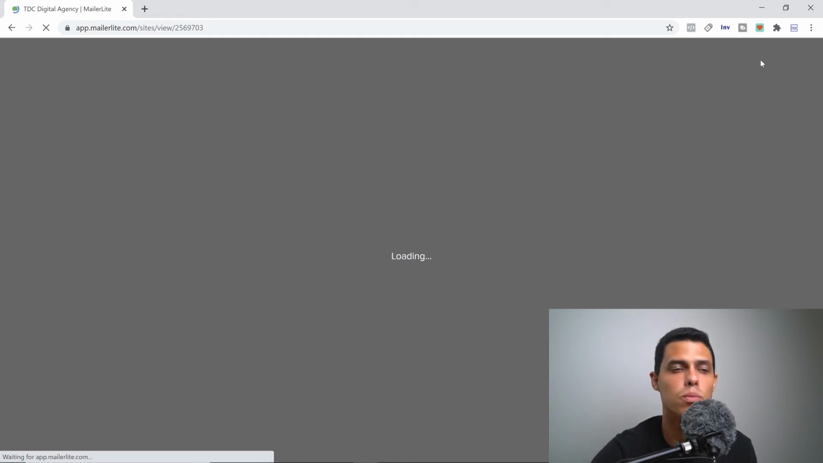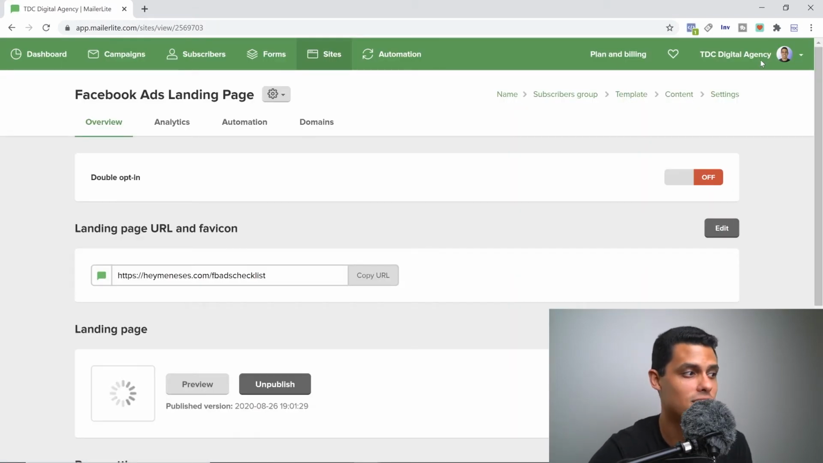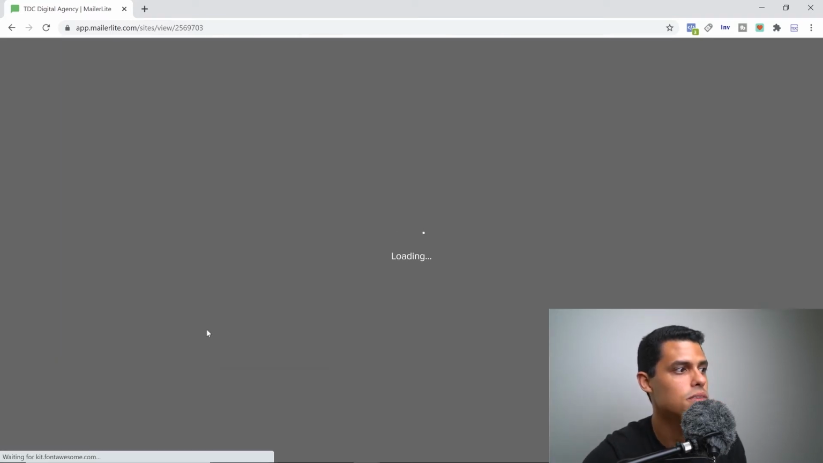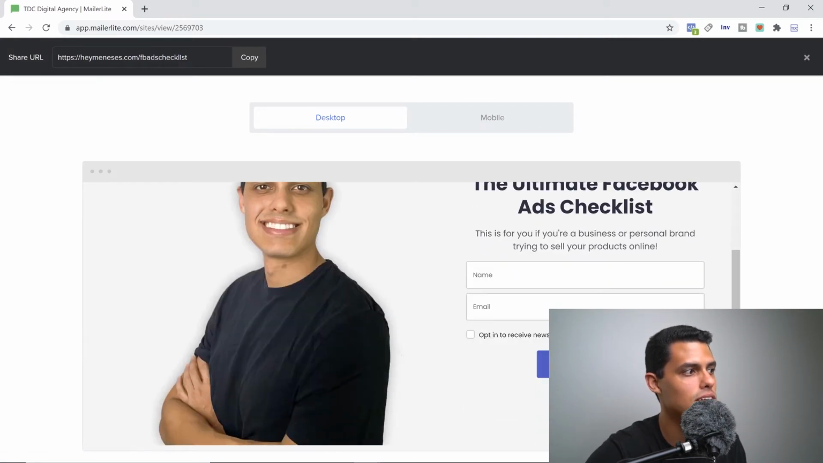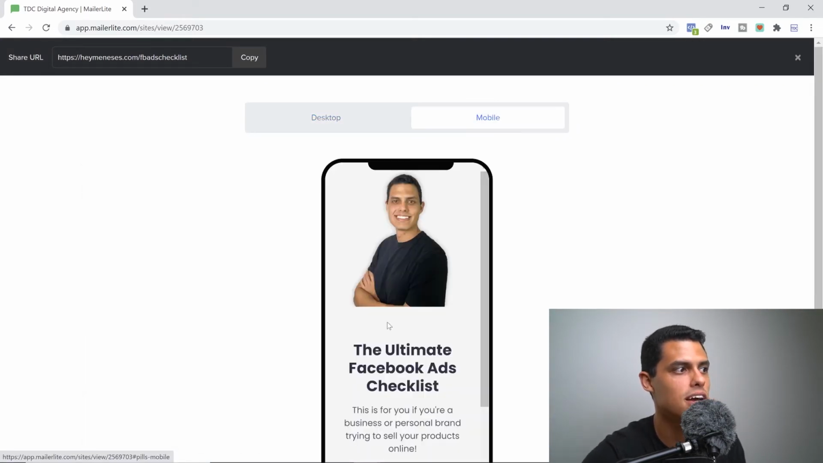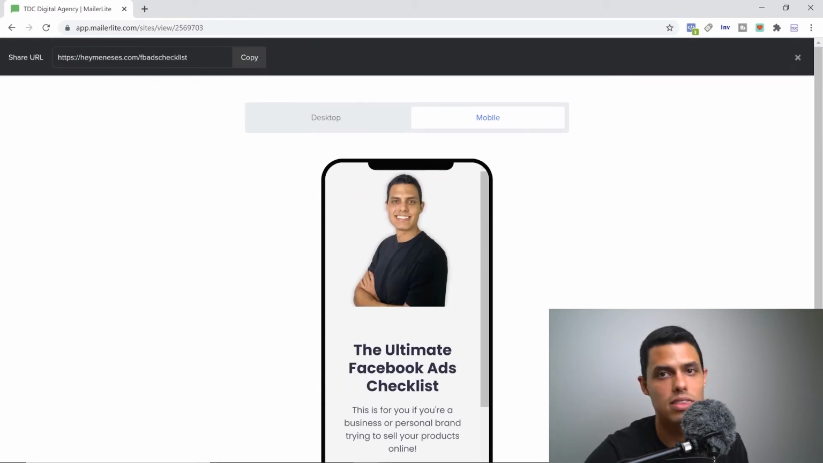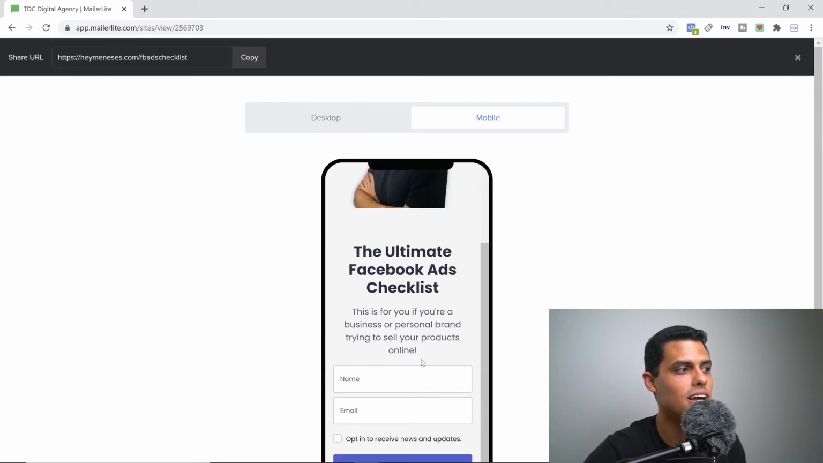completely optimized so people don't have to scroll a ton to be able to understand what's going on inside of the landing page. So here we can click preview and then we see that everything is inside one single page, and the mobile version we see that they don't have to scroll a ton and they read the headline, which is the most important part, and then they scroll and then they put the name and the email, and that